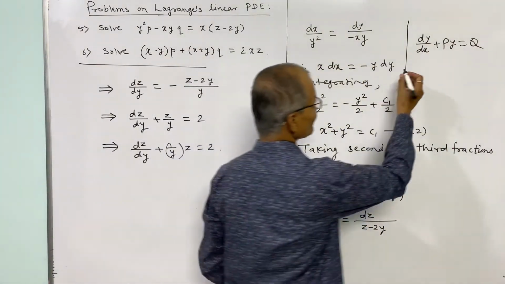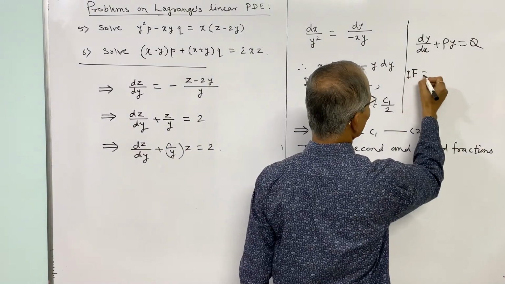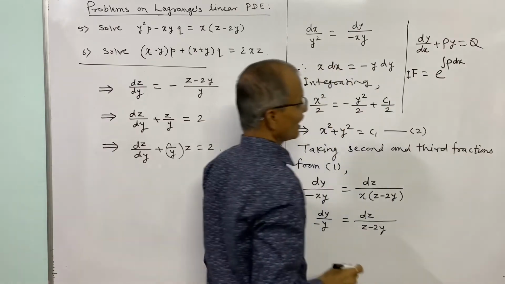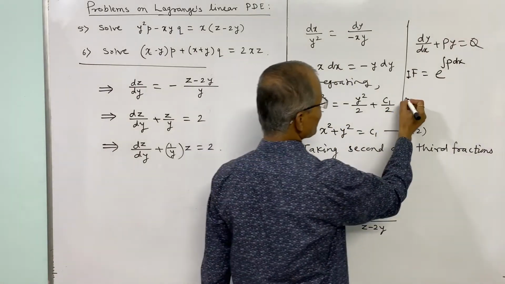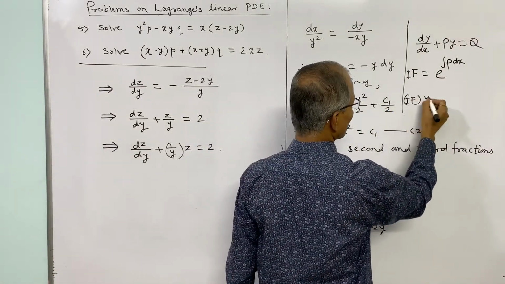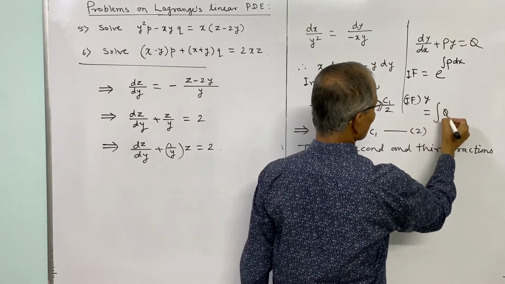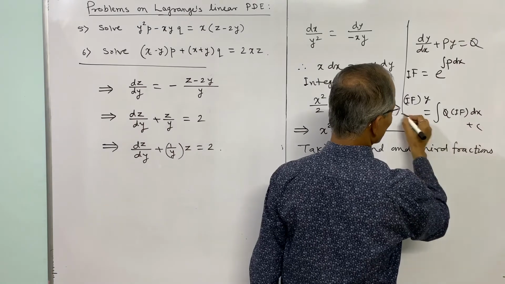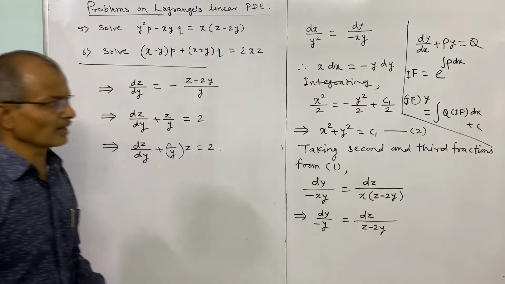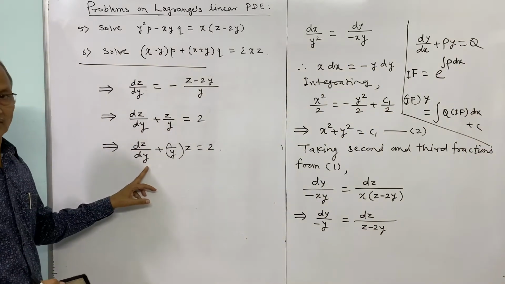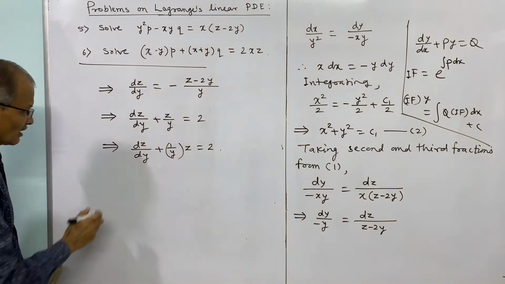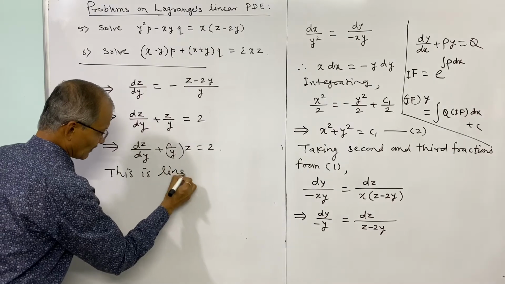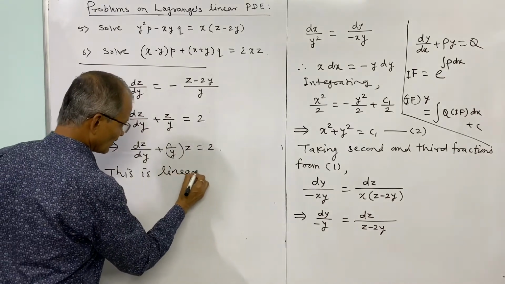Well, to solve this equation, what is the method? The integrating factor is e to the power integral P dx, and then the solution is y into IF is equal to integration Q into IF into dx plus a constant. So this is the method of solution of linear differential equation, and we use the same here. This is linear in z,